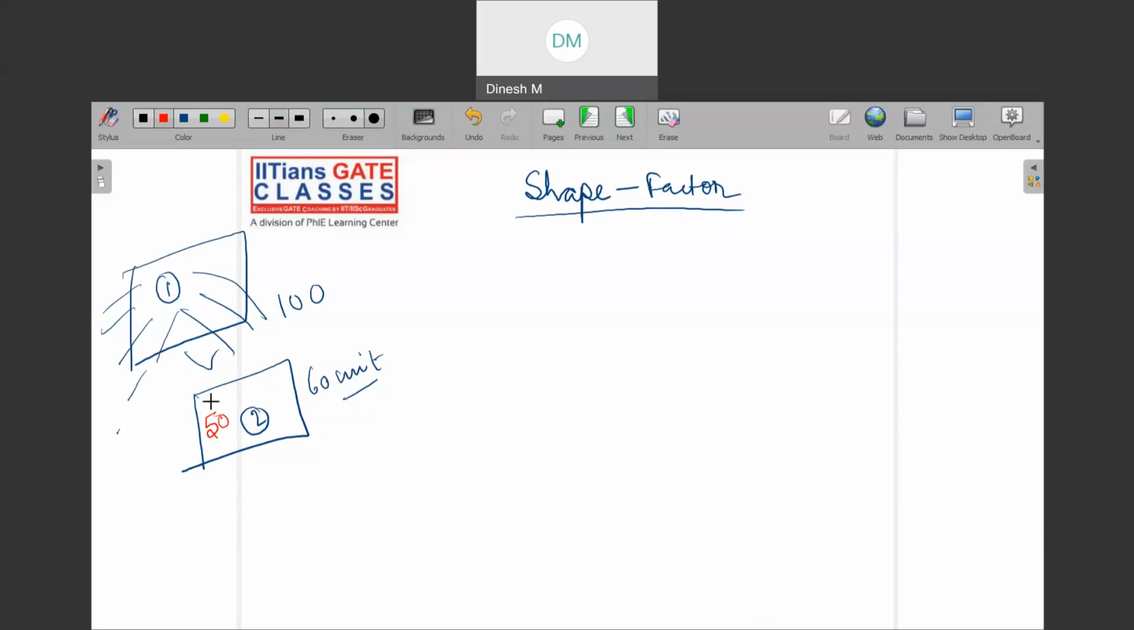Okay, and then from these 50 units, how much is reaching this one? Let us say that only 30 units are reaching this one. Then